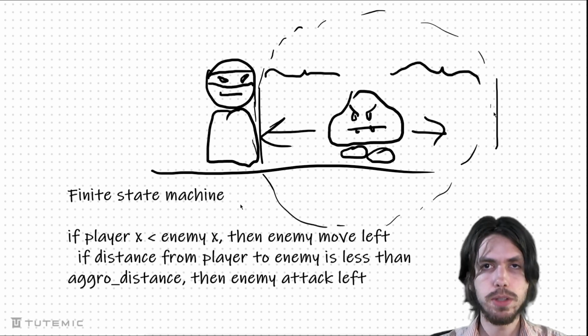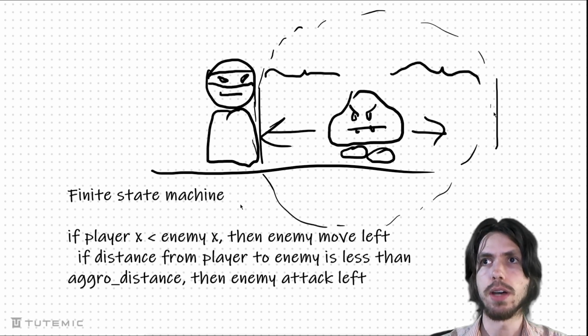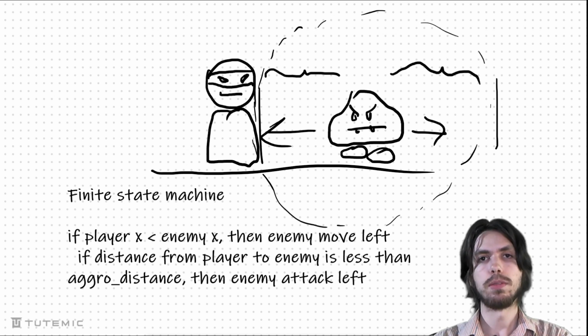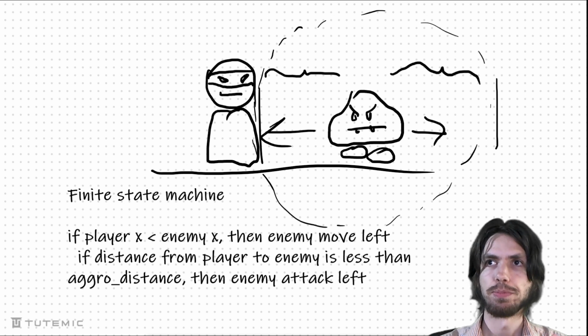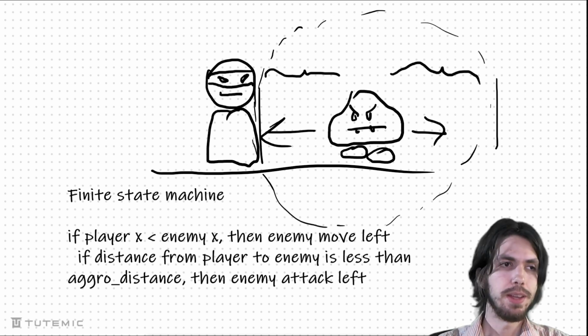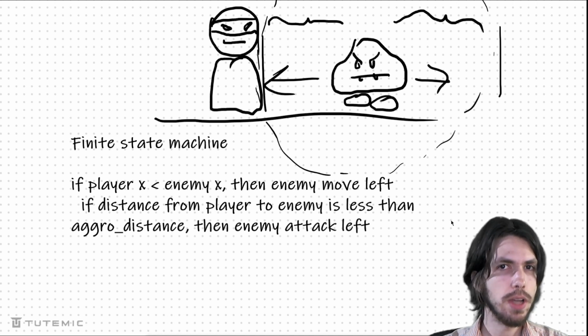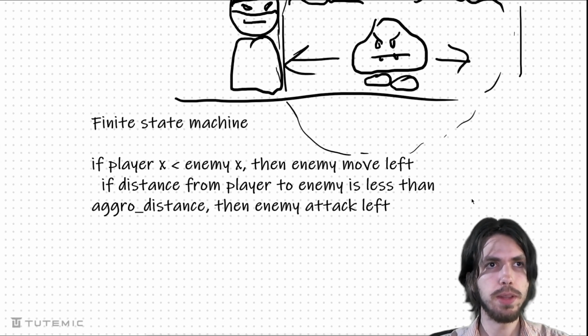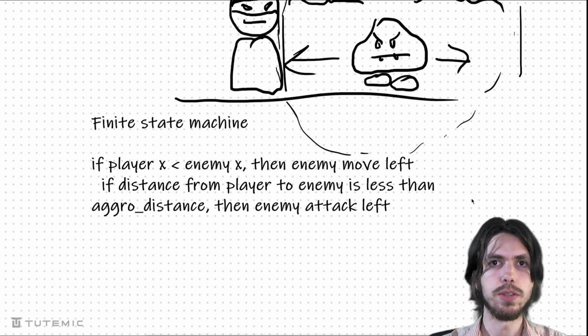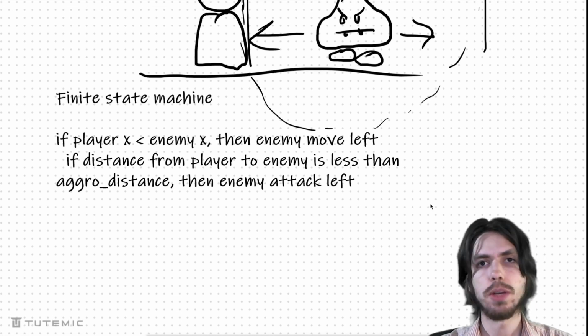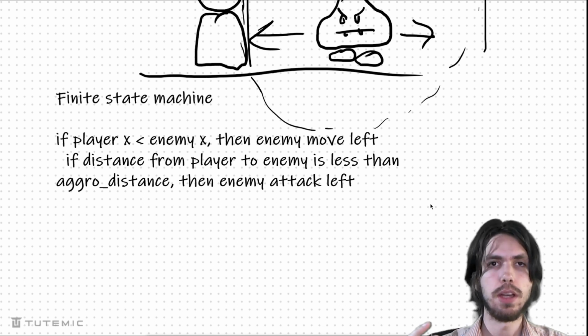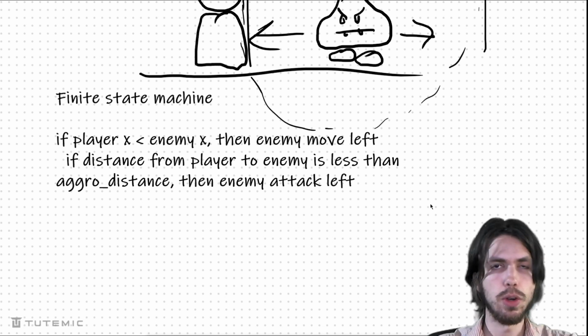So this is a pretty simplistic system, but you're not the one who chose this idea of an aggro range and the enemy attacking and all this kind of stuff. That's typically something that is designed by the game designer. And this all might seem pretty obvious, but here's the thing: this is a pretty simplistic system, but it doesn't answer all the questions. And the questions are mostly design questions, right? Because you could create the game, but then the game is incomplete. It's like, okay, sure, so far so good, except there's a bunch of questions that will have to be asked. So for example, what if the player is off the cliff, or on a different cliff?